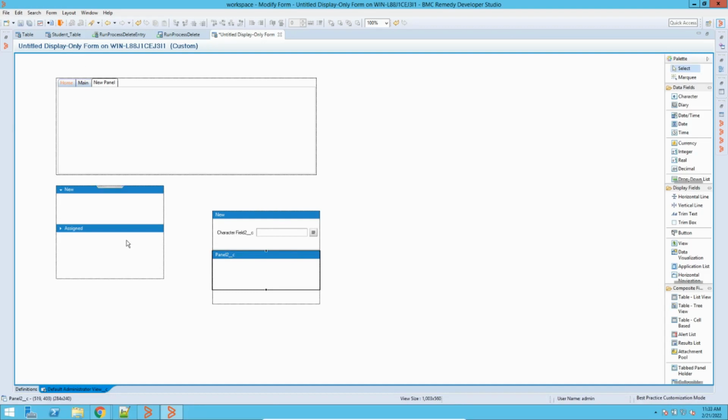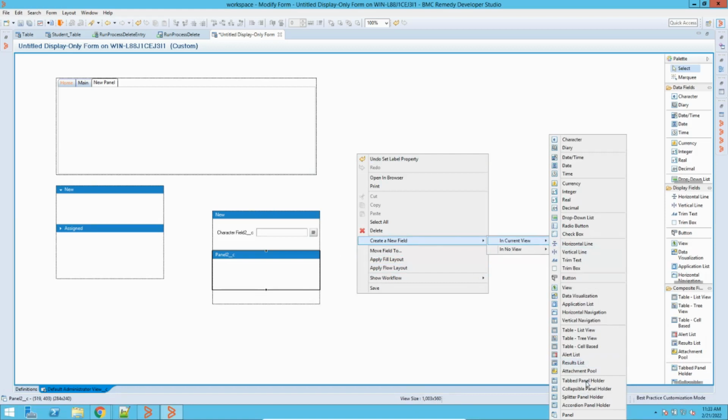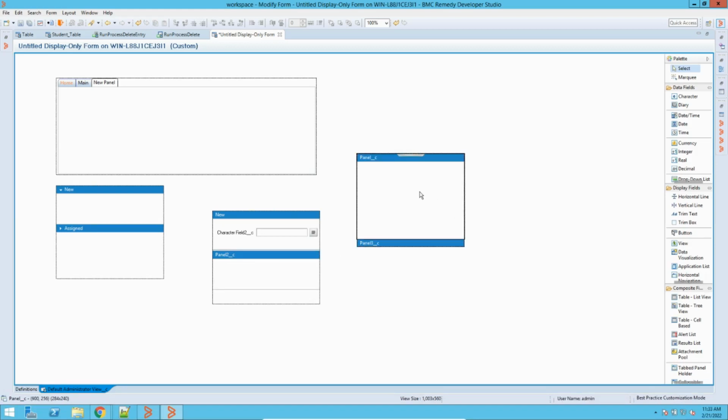These are basically for creating a layout, creating a front end, creating a UI for an application. Similarly, if I add another panel, which is the accordion panel, this is also one of the different types of panels. More or less it looks something like the vertical panel, but it has its own different layout or functionalities.